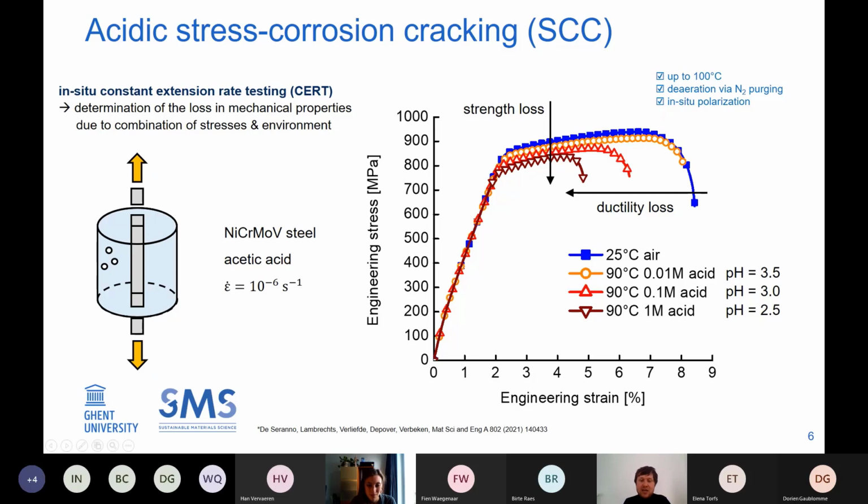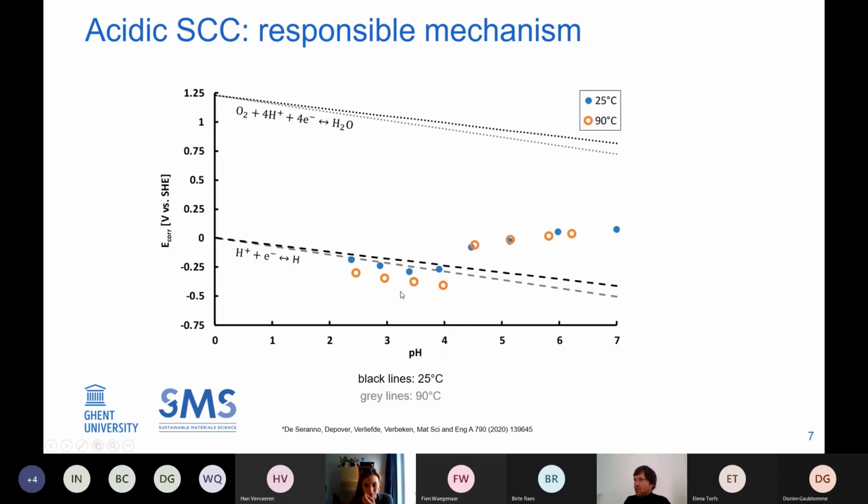Now the question is, of course, how can we understand this? What is the mechanism? What is responsible for this ductility drop? If we combine these results with electrochemistry, we can plot the corrosion potential versus the pH. And what is striking here is that at pH below 4, you see that these points drop well below the reduction